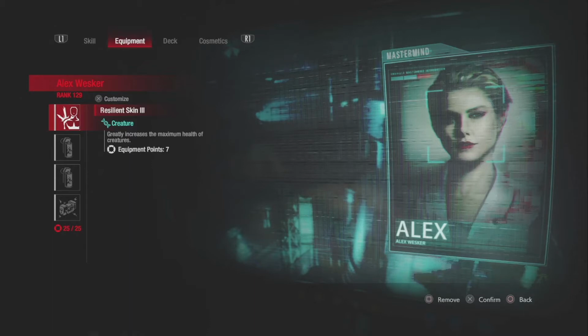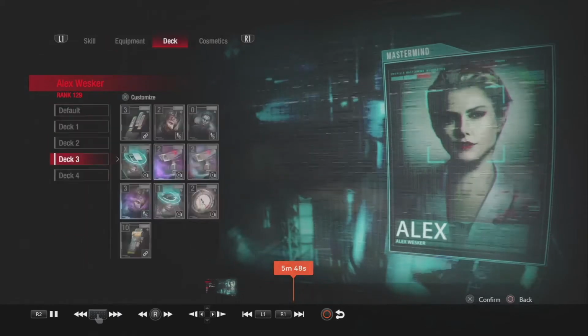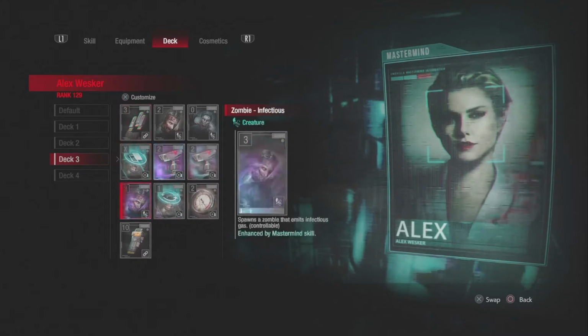So here it is, creature skin 3, Varo Canister 3 and 2, and Unstable Generator. Lately in the games that I have played today, for example, I'm using additional Varo Canister just to try and spread the infection more, but please be aware that if the survivors get to area 3 when you're using this deck,